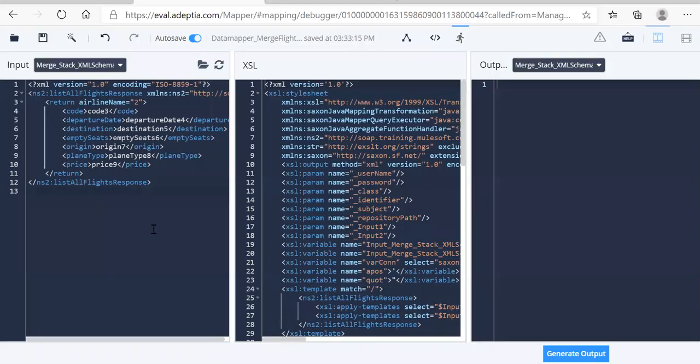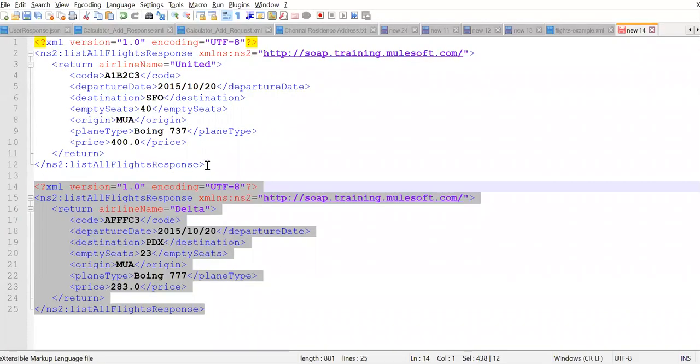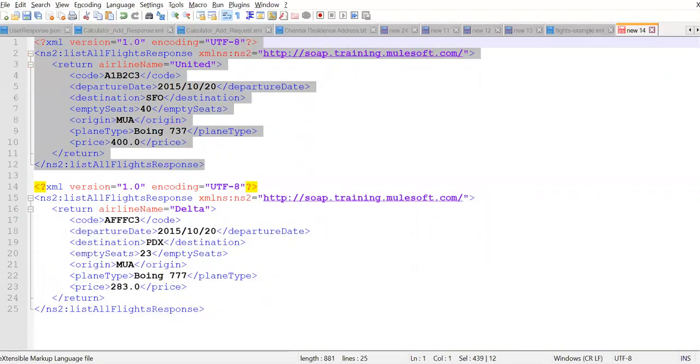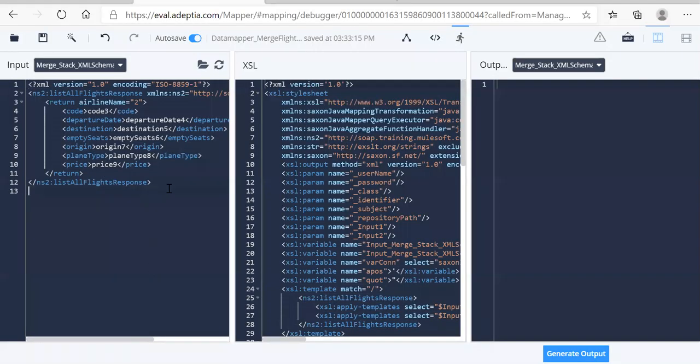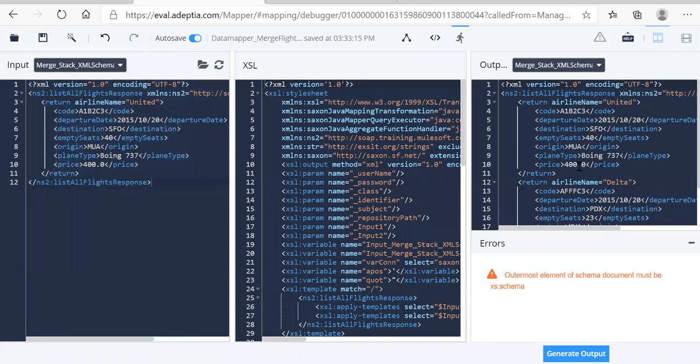Let me copy this one, and then I have one more. Okay, let's see how the data looks. You can see it here.